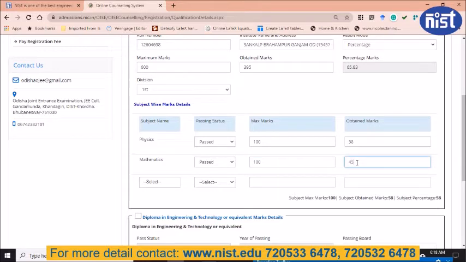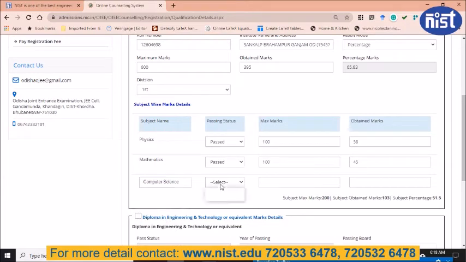Then you can choose any of these subjects. Suppose it is computer science, passed, maximum mark 100, obtained mark suppose 75. Okay, so you can write this way.